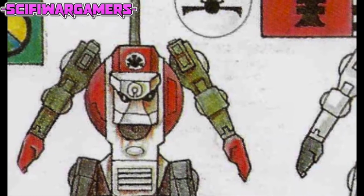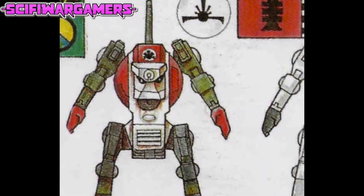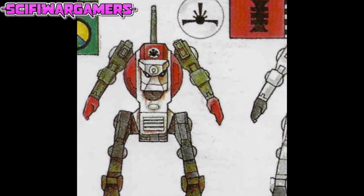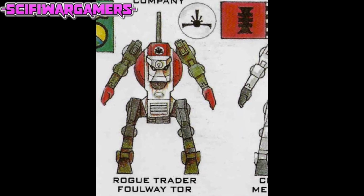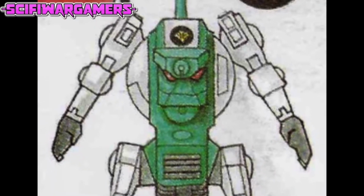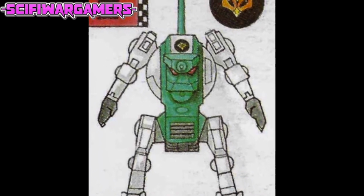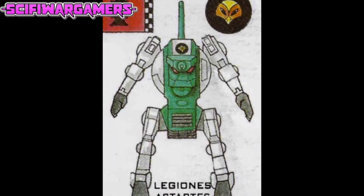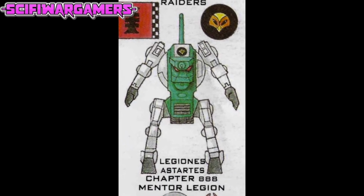Now here's one I really, really like the colour scheme of. It's sort of white, red, black with a kind of olive drab arm. And this is for Rogue Trader Foulway Tor. And last but not least in the artwork section is this beautiful looking dreadnought scheme for the Mentor Legion, which is a chapter we don't see much nowadays, but we did see a lot of back in the Rogue Trader